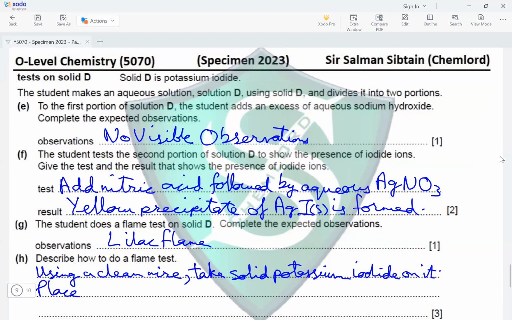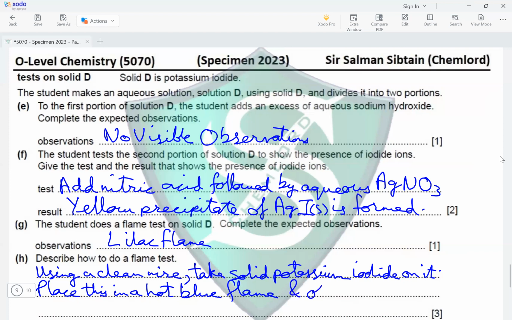Place this in a hot blue flame. When you turn on the Bunsen burner, you should make sure that the flame turns blue, right? That is the hottest part of the flame. So place this in a hot blue flame